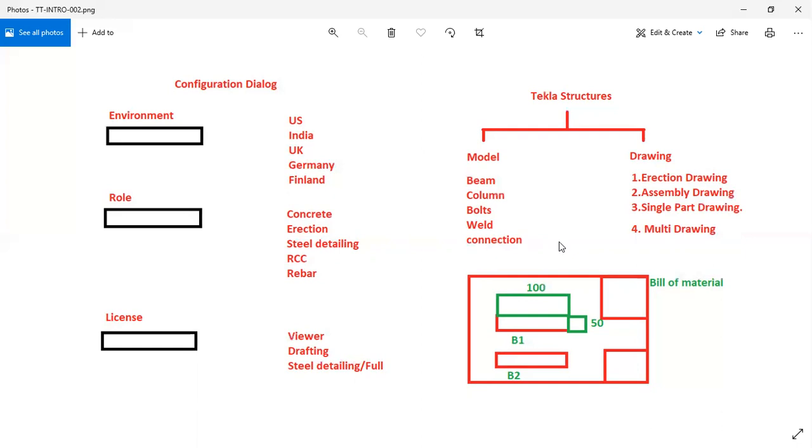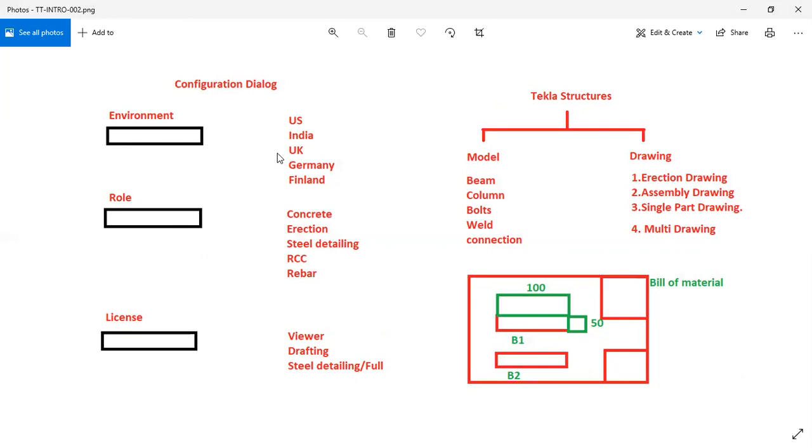US, and those are listed here. For example, is given here on the right hand side. You can see there is an example given of different environments. That is US, India, UK, Germany, Finland. So all those are environments listed here, and those you need to separately install. Okay, so generally Tekla will not be giving you all the environments, 32 environments.